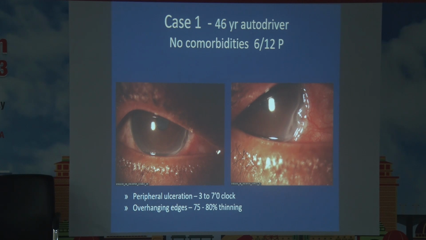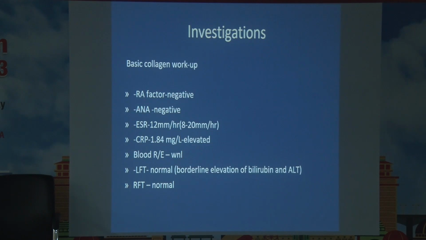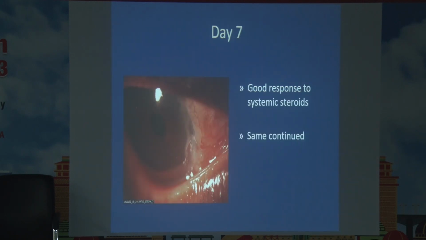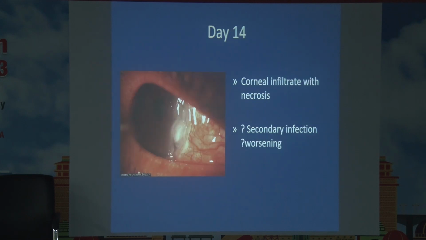This is a patient who was an auto driver who came with a peripheral ulceration of the cornea, showing about 80% thinning. Basic collagen workup was almost normal except a slight elevation of the CRP. So we gave topical steroids thinking that it's Mooren's in a young patient, and we saw that there is necrotic tissue in the center part of the cornea when we added the systemic steroids. There was some response to systemic steroids in the initial period, but later